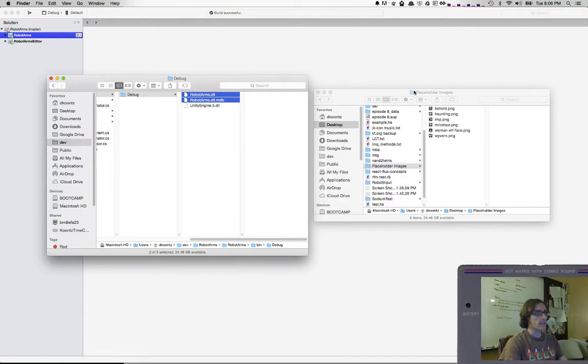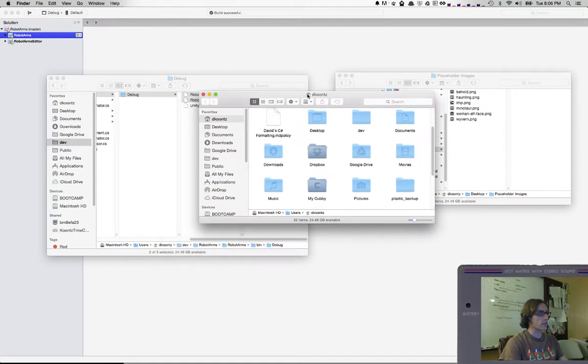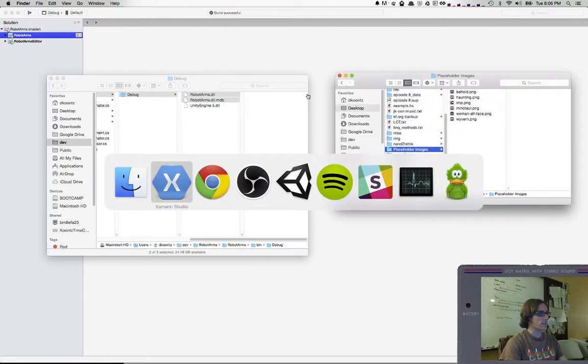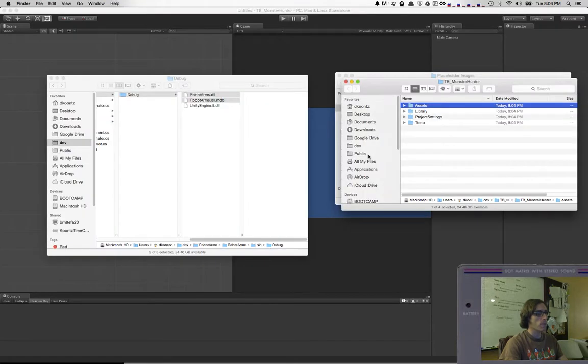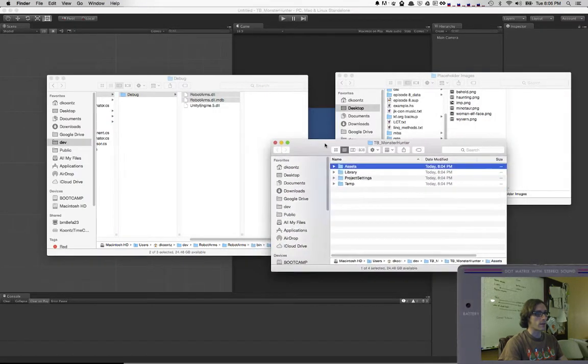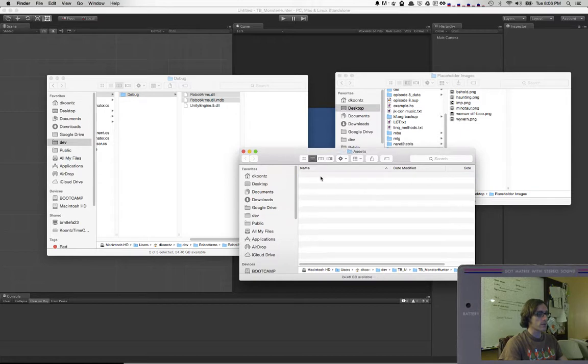So I'm going to take that, and I'm going to go over to where we just created our Unity project. Actually, the better way to do this is to come in here and right click and say Reveal in Finder, and that'll just open up your asset directory for you. So I'm going to create a directory inside here. I like to have something called code and something called content,